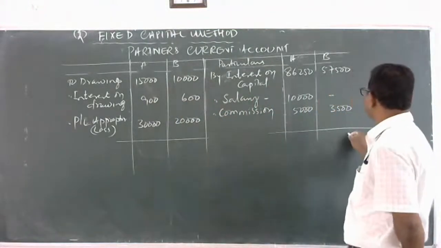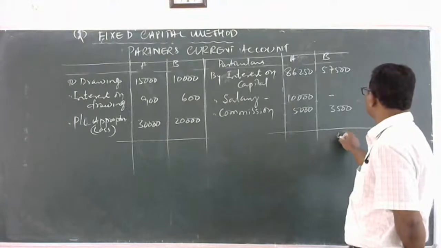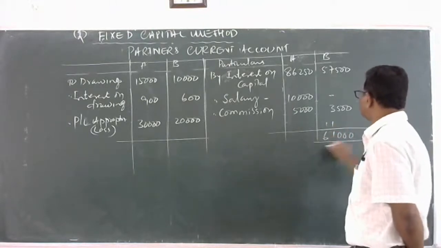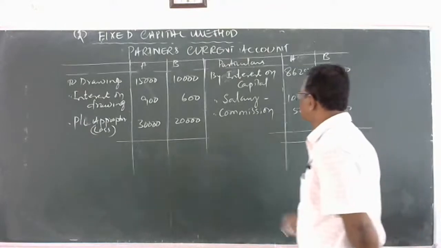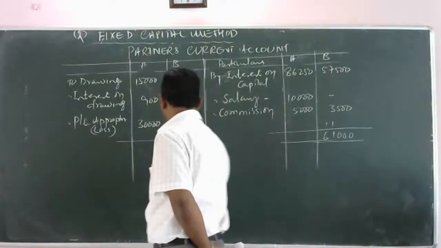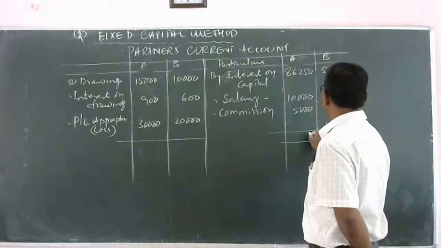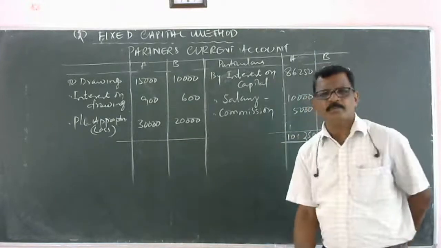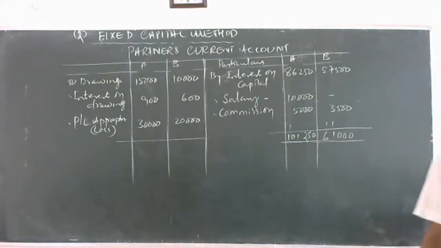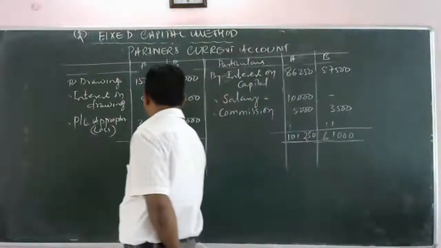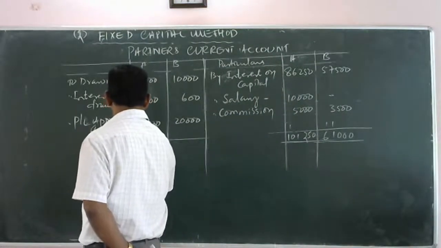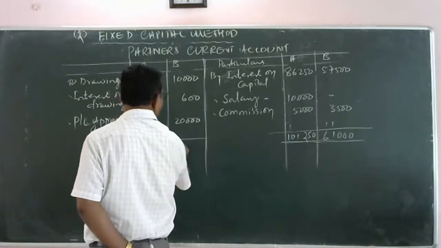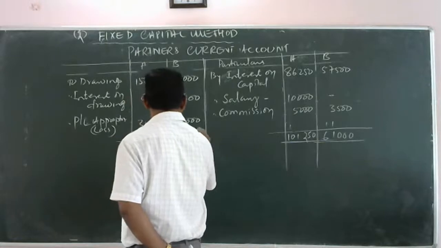The balance will be the closing balance. 61,000 is the total, and 1,01,250 is the total of A and B, right? 1,01,250 and 61,000. So the difference here is